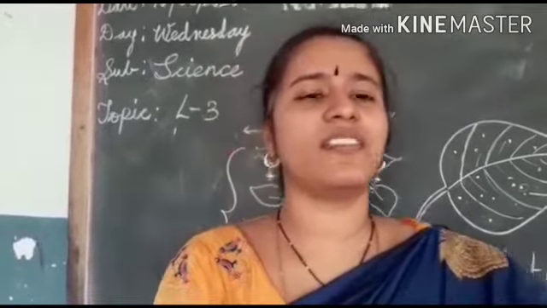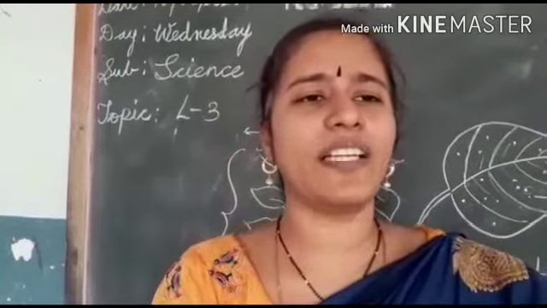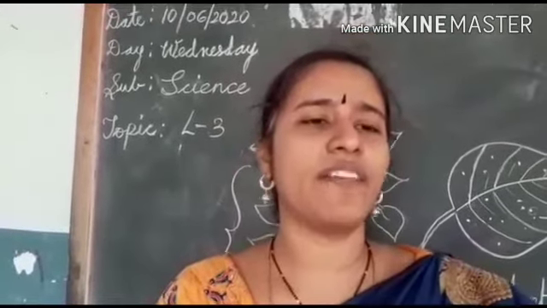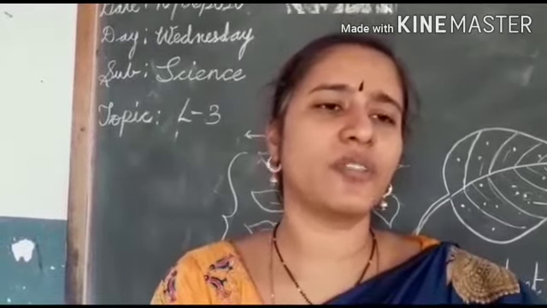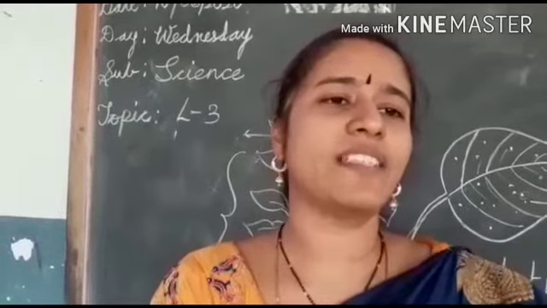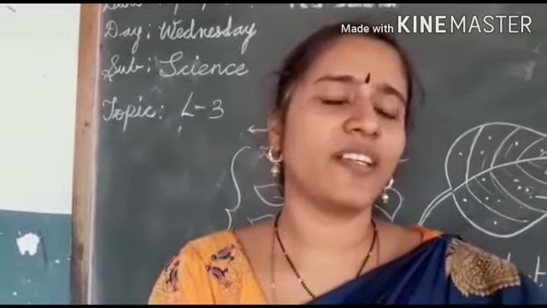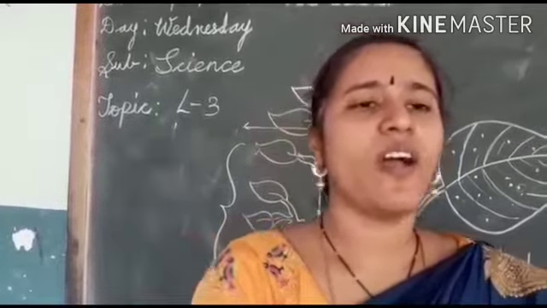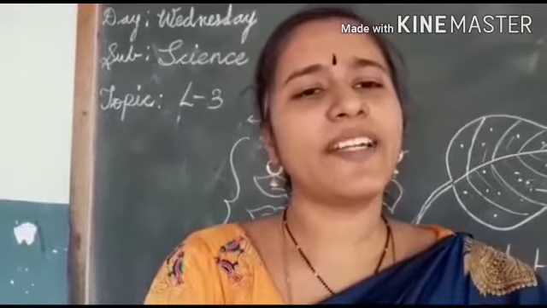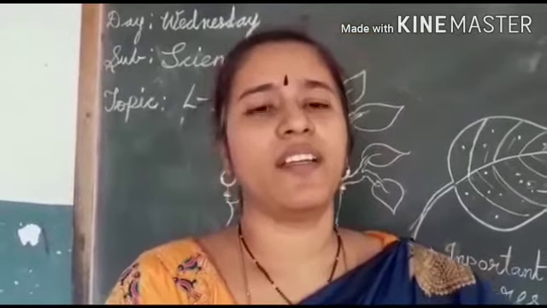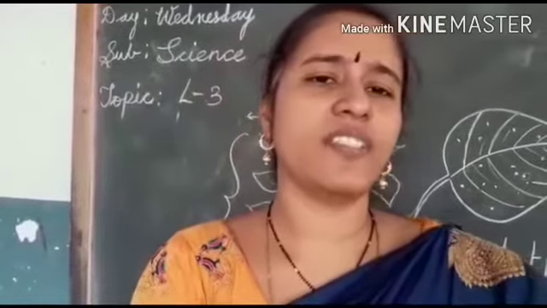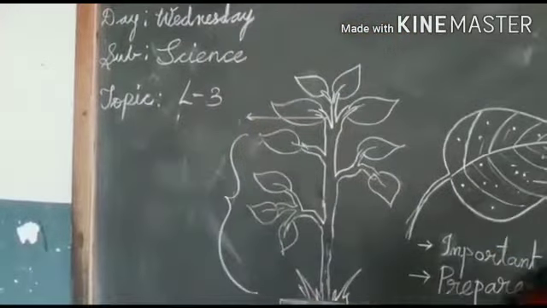In the previous class, you already learned about different kinds of plants. Now you are all aware of various kinds of plants. You learned about the different roots and the importance of plants in our life. Yes children, you learned everything, no? So now our new topic is related to plants only, but that part is very important for the plant. I think everyone guessed what it is. It is nothing but the leaf.